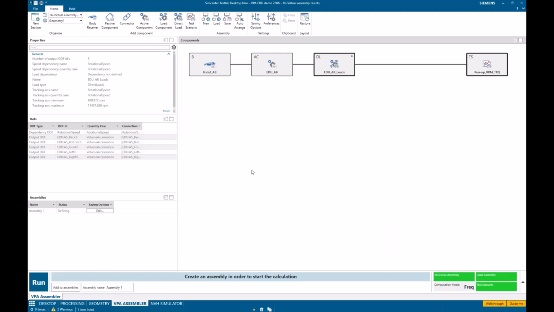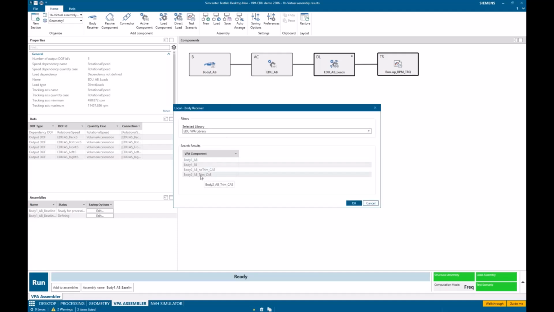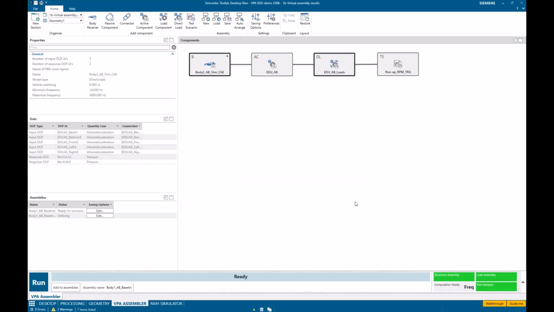And now I've got this virtually assembled assembly, for lack of a better term. Here I'm going to say, okay, I've got body 1 with this torque. So I'm going to say this is body 1, airborne baseline. I add that to my assemblies. Now I want to say, okay, what happens if I change that and I replace that body with maybe this second body, body 2, so it's a different design. And this one, I'm getting these FRFs from CAE, or the simulation department. So these are not FRFs that I've measured, but these are just ones that I've had simulated.